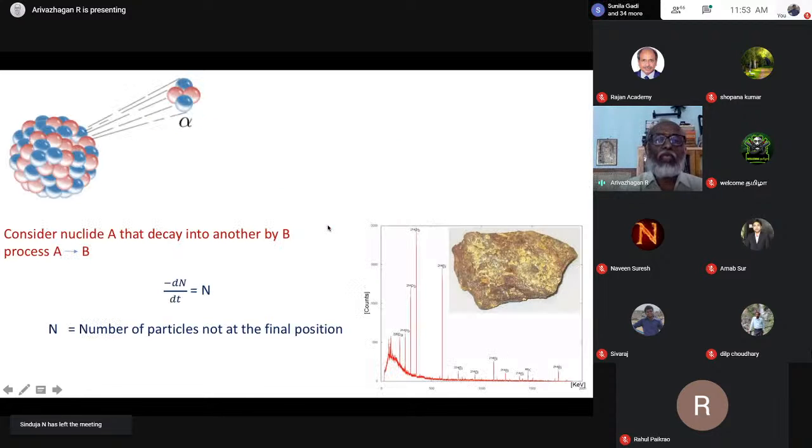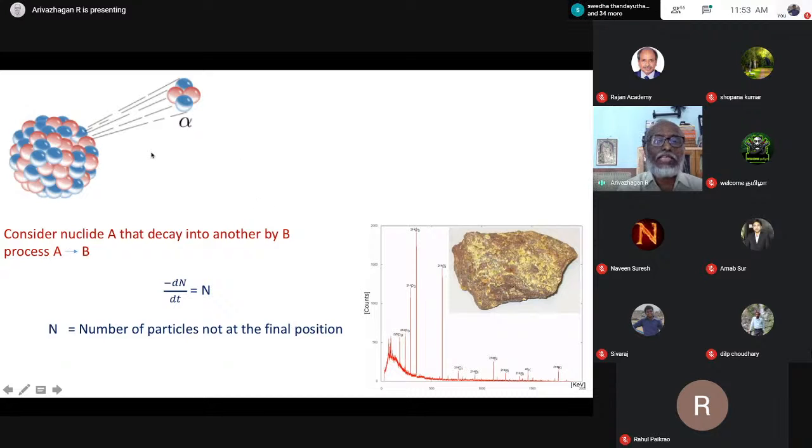Before we enter into soil deformation, a very simple example. These are well-known examples from elementary school itself. That is radioactivity. Here, a particle emits an alpha particle and forms a new particle. That's called decay. Nucleus A decays into nucleus B, process A to B. Then again particle B emits some radiation and becomes particle C. So it's continuous.